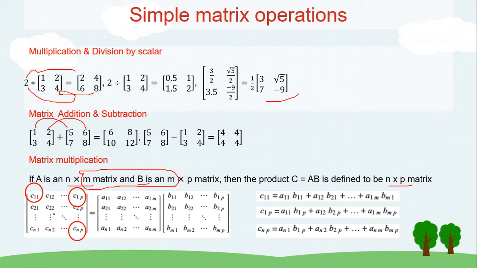Let's see how to get a couple of elements. So let's take the first row, first column element. For that you have to take the first row and first column and then multiply the individual elements. A11, B11 plus A12, B21, like this. Plus you go up to the last element A1m into Bm1. Good. Similarly, for the first row, last column, you take the first row and the last column. You can see A11, B1p. Right? And then similarly, you go up to A1m, Bmp. And for the last element, you take the last row and the last column. So An1, B1p. Good. And you go up to Anm, Bmp. Great. Very simple. And we will be using these matrix operations